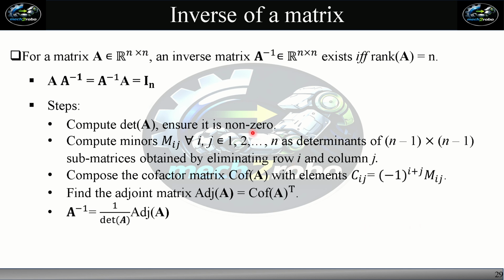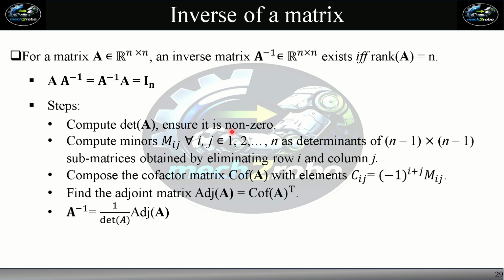After that, the calculation of the inverse of a matrix. The inverse of a matrix is the matrix which, multiplied with the original matrix, gives us the identity matrix, and it exists if and only if the rank of the given matrix is equal to the order of that matrix. The steps to compute the inverse of a matrix are: first ensure that the determinant of the